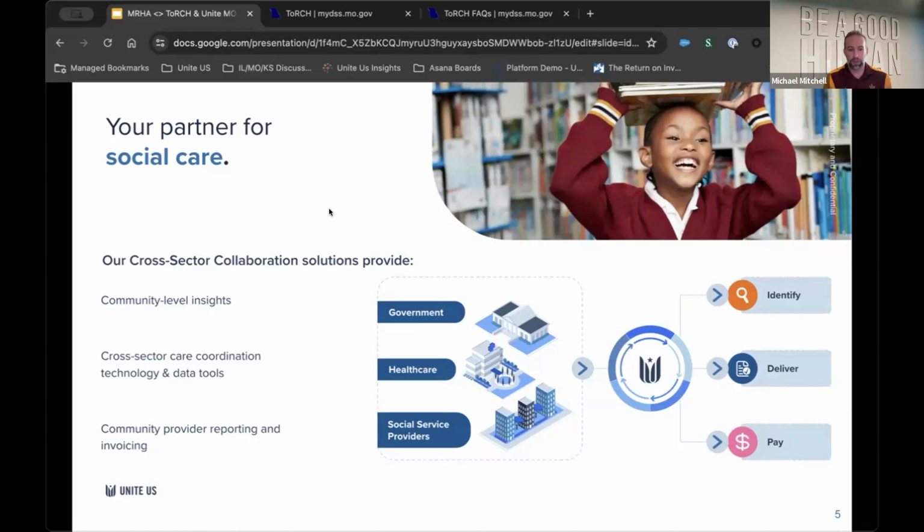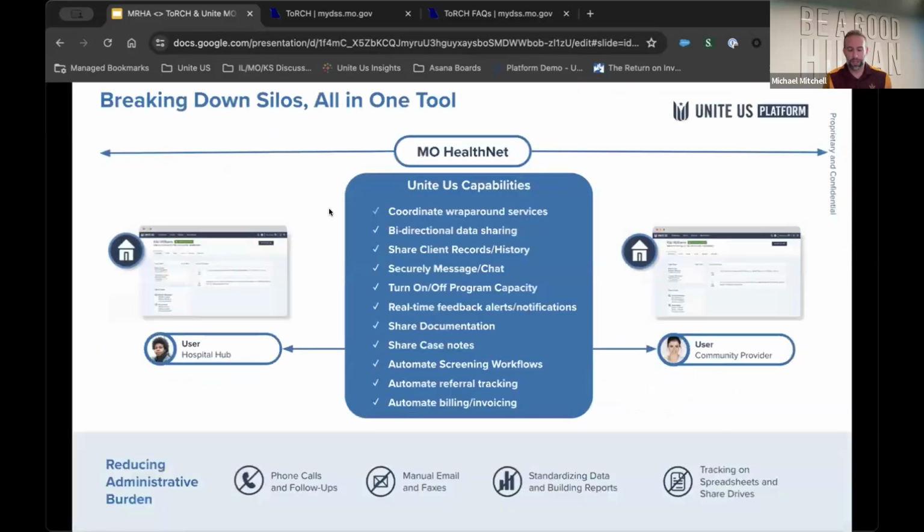It's a really exciting moment. Share a little bit of story about some other places that have gotten slightly ahead of Missouri, but we're catching up. So it's really exciting. But one of the things that is required from technology are things like being able to really have visibility in real time to where journeys are for individuals and clients, and having that shared client record so you can see the full longitudinal picture of how other organizations are working with and serving that client,